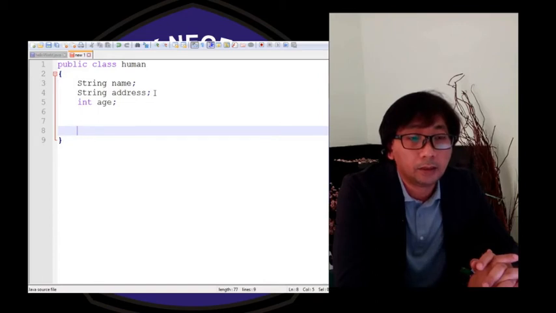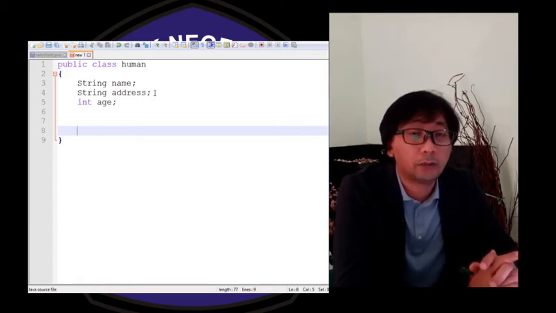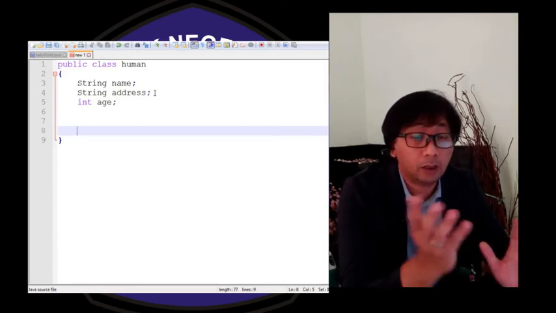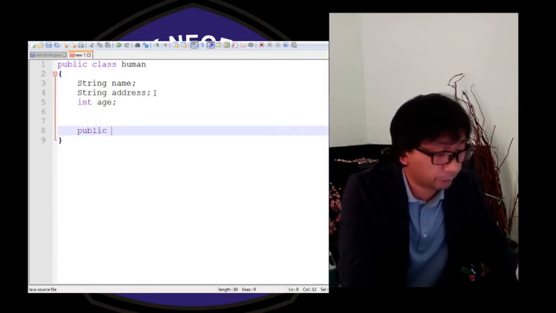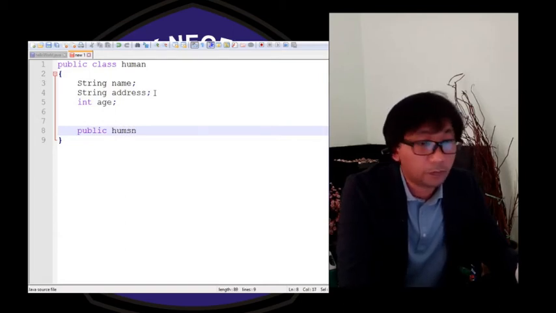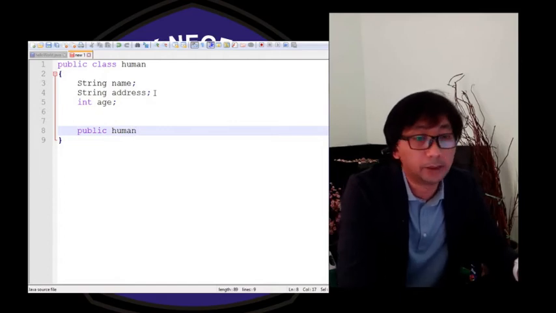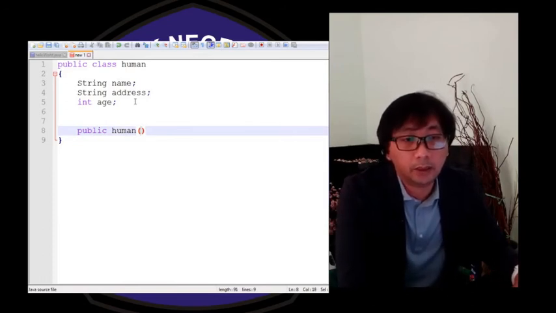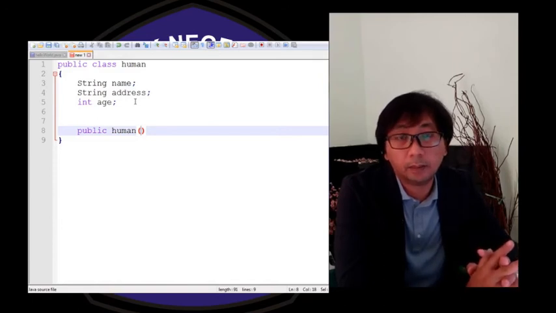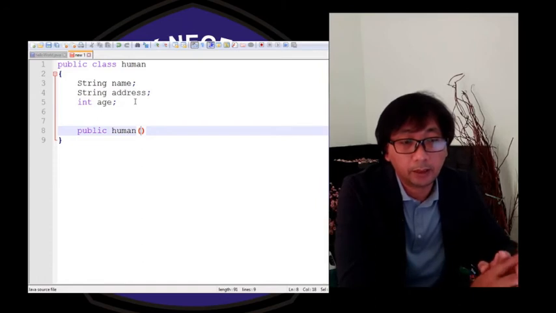Even though Java will create an empty constructor by default, I don't want you to use the default. So I encourage you to always create the constructor of a class by using this command. A constructor of a class always has the same name as the class name. Okay, and usually we will give a standard parameter that we will use to create the